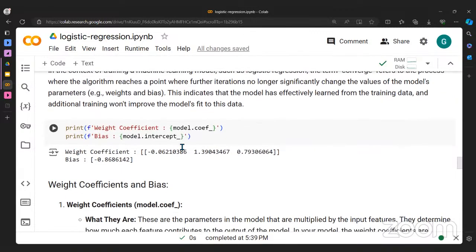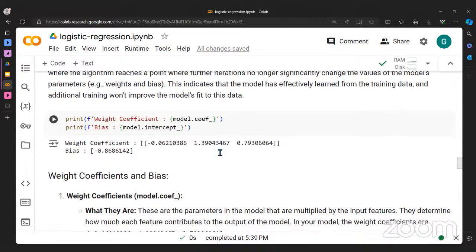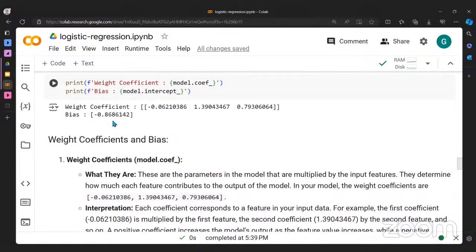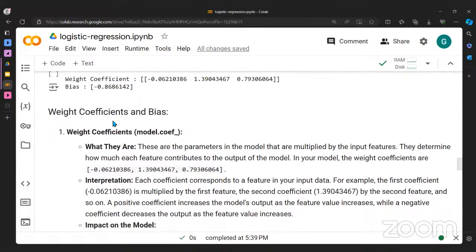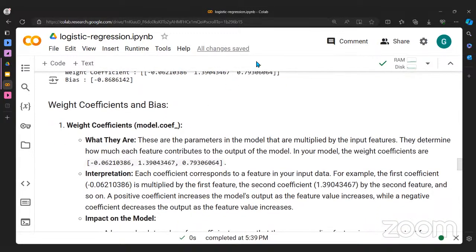All right, so the weight coefficient and bias. This is just the numbers that are being multiplied to each of the features in the model, and this one is actually the bias of the model. Here's where I explain them. Someone is trying to tell me something. Okay,